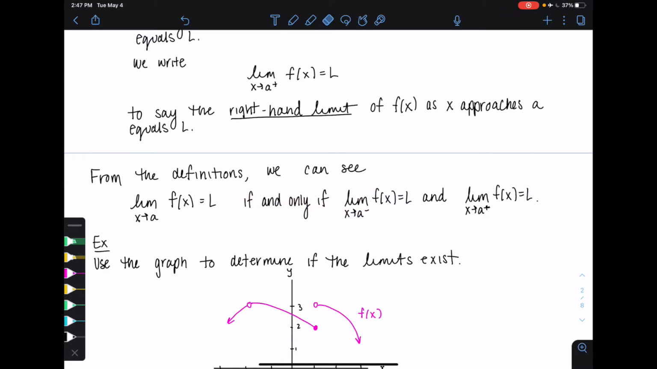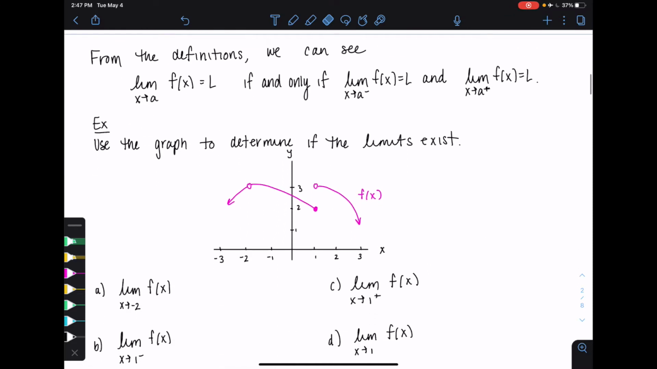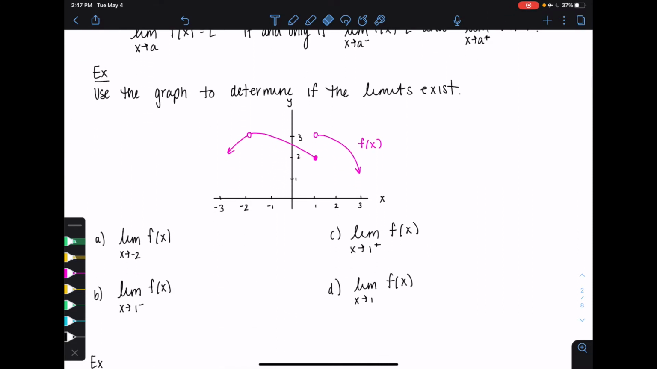Okay? So let's try an example. Let's use the graph to determine if the limits exist or not. And so we're going to start with the limit as x just approaches -2. So I have no indication. That means I'm going to look on both sides. So as we approach -2 and we trace our graph, that y value is approaching 3. So this limit does indeed equal 3. For these other ones,